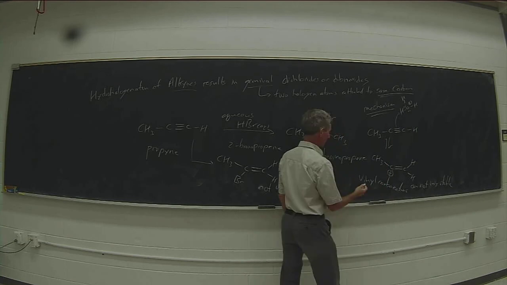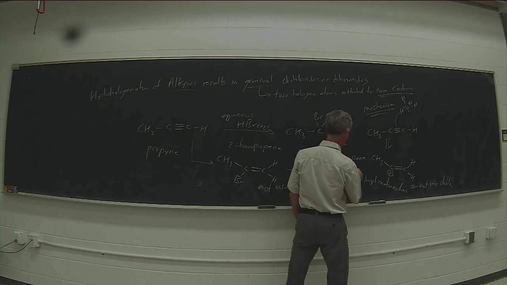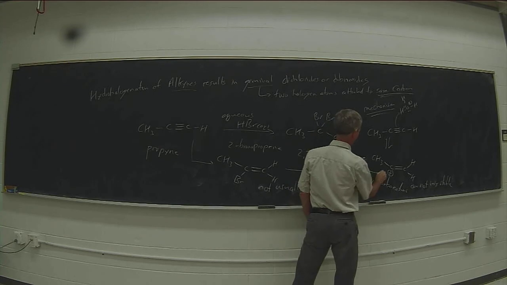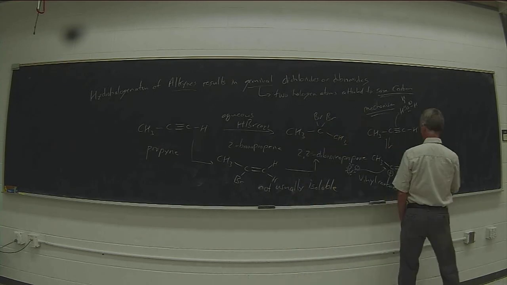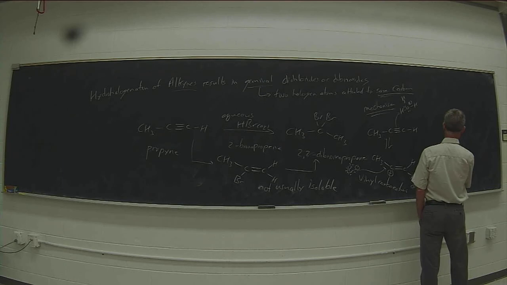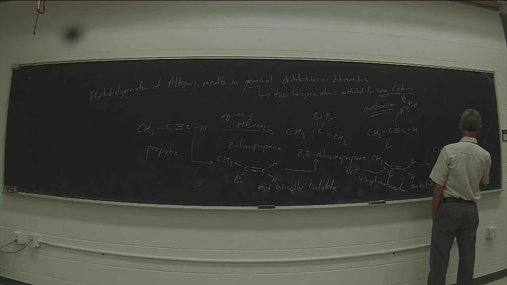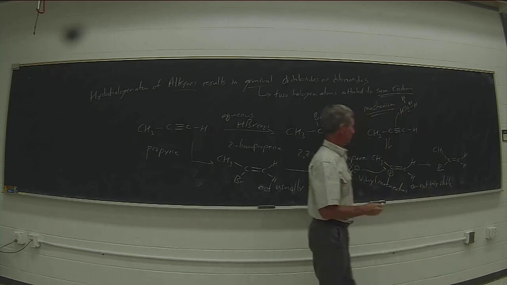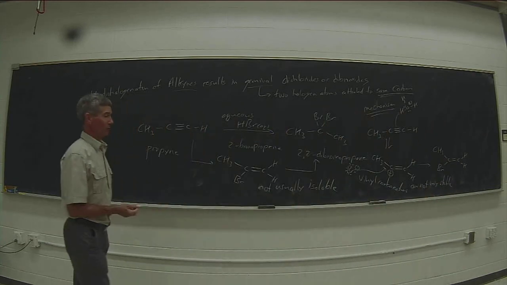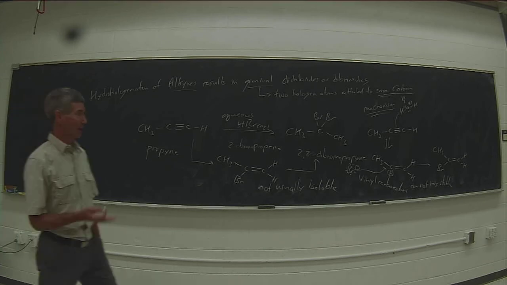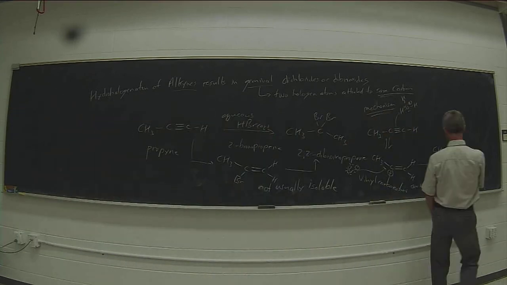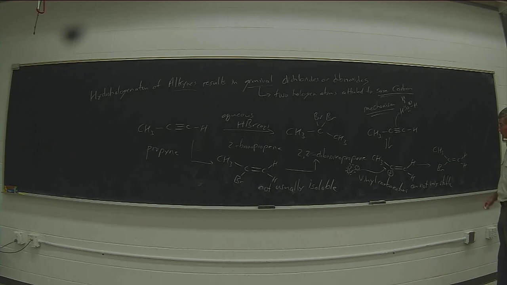And so that is relatively quickly attacked by a bromide ion to generate the vinyl bromide. And because of the instability of the vinyl carbocation, that reaction is effectively not reversible. You don't undergo solvolysis reactions of vinyl bromides. Once you form the vinyl bromide, the 2-bromopropene,